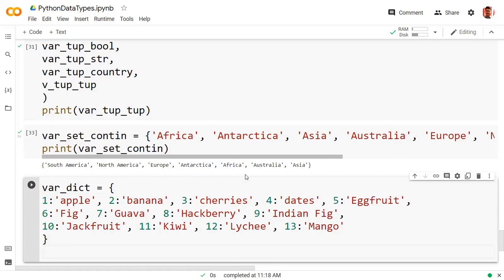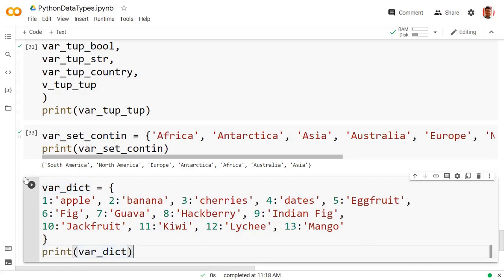Now right here you can see 1 is my key, apple is my value, 2 is my key, banana is my value, 3 is my key, cherries is my value, 4 is my key, dates is my value, and so on. Okay, so these are the things we have inside our dictionary. And if I want to print it, I will simply print the dictionary.